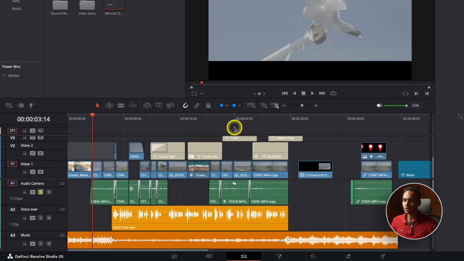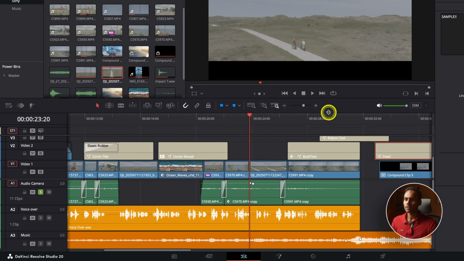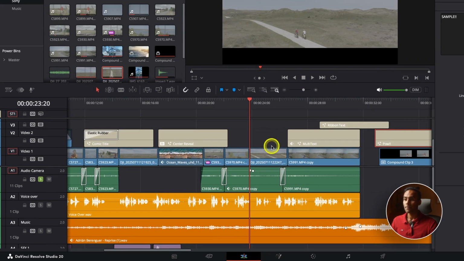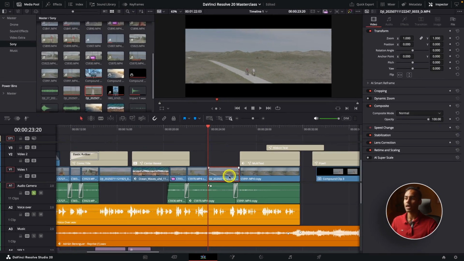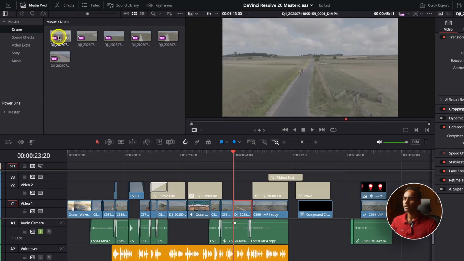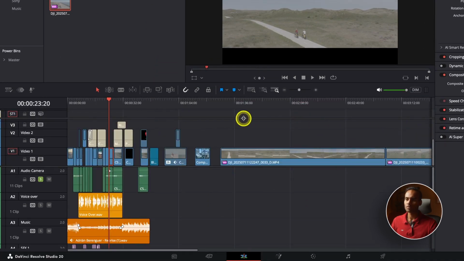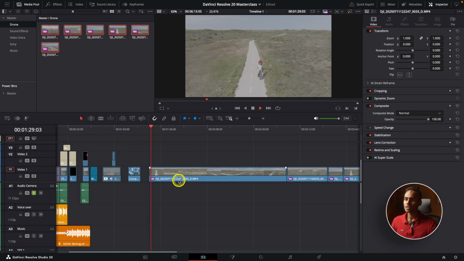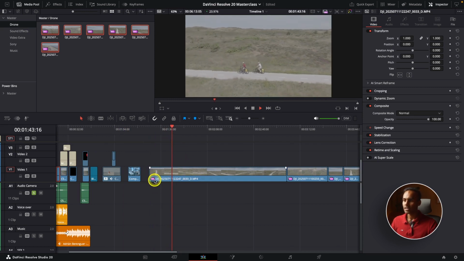So if we go to this drone clip, right, I can get rid of the animation. So this drone clip should be proxy, but I can see here that this file is original from the camera, because if we go here, if we just play this drone, or maybe if we just copy all of these clips, let's just put it here, right? So now we can see that the proxy media is playing,